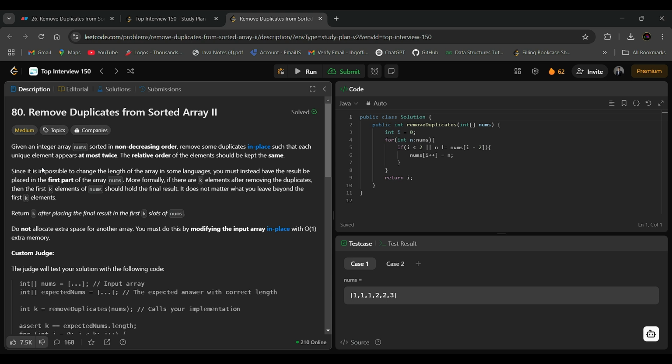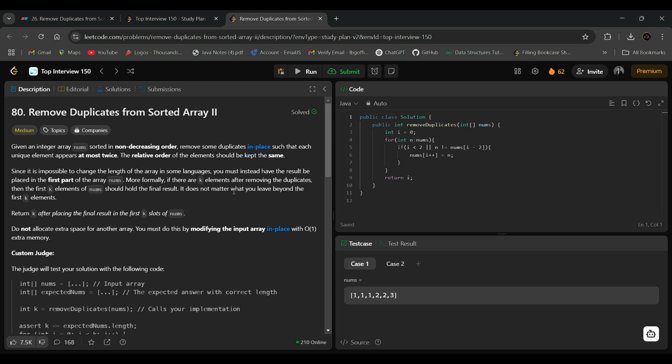Since it is impossible to change the length of the array in some languages, we don't need to change the length of the array. Instead, you must place the result in the first part of the array nums. More formally, if there are k elements after removing the duplicates, then the first k elements of nums should hold the final result.